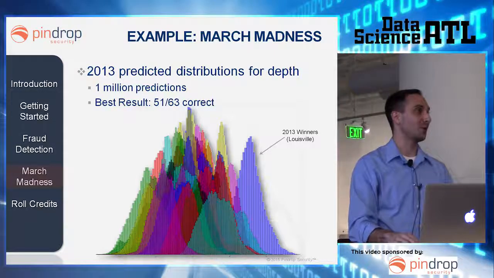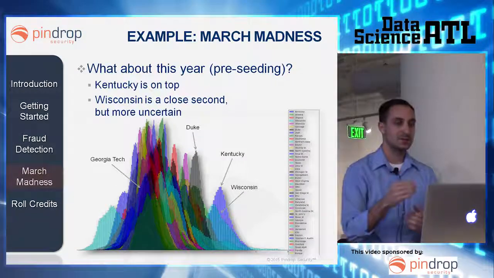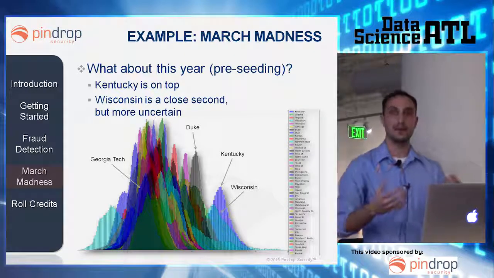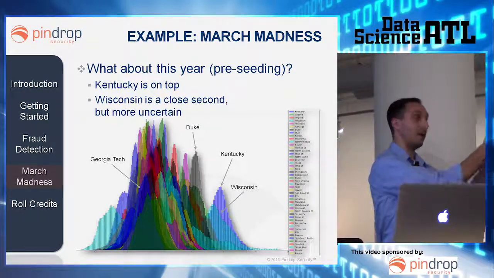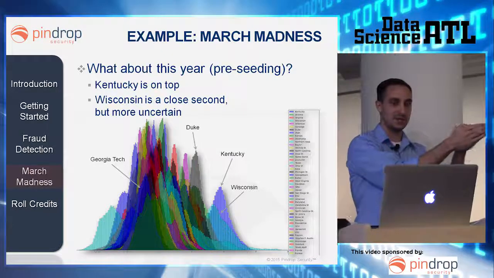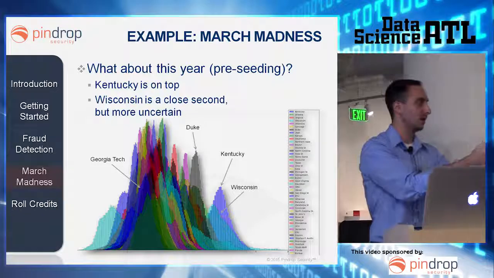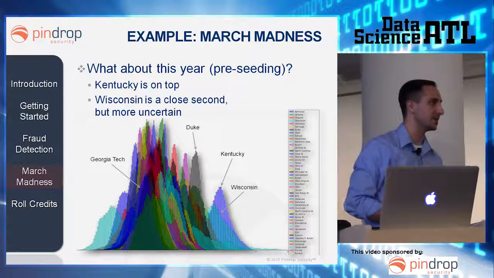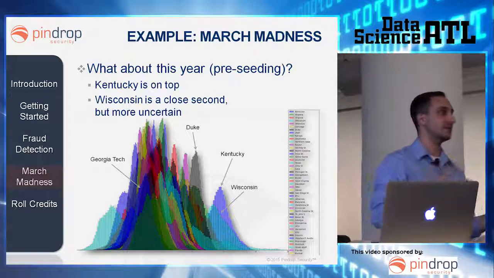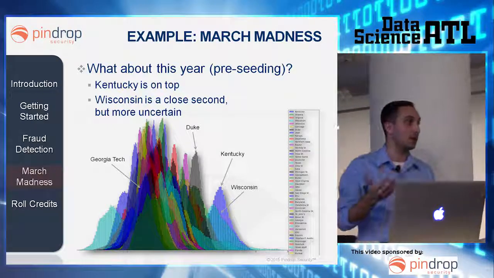So let's take a look at what it looked like this year. This was actually before the seeding occurred, before the committee said, we declare Kentucky as the 1 seed and Wisconsin as a 1 seed. I think Duke was a 1 seed as well. I forget the 4th 1 seed. Anyhow, it was before that, and I just took a look at team statistics and said, all right, what does